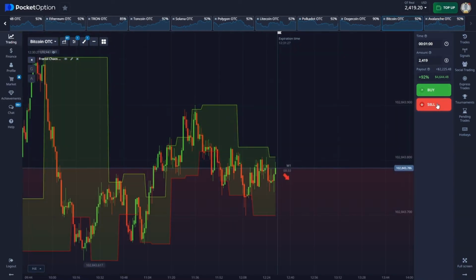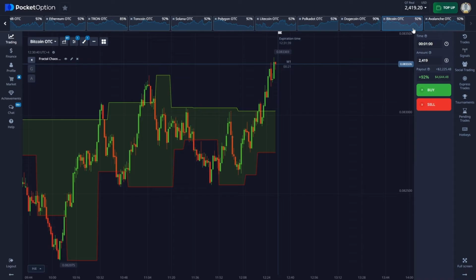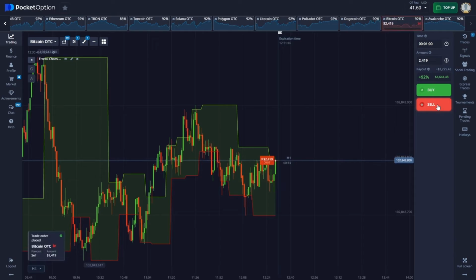On Bitcoin OTC, we have a trade for the downside move. I'm waiting for the candle to close near the upper level. Okay, the candle reversed and left a huge wick. Let's go back to Bitcoin OTC. The candle gave us an entry at the upper level, so I placed the trade for the downside move worth